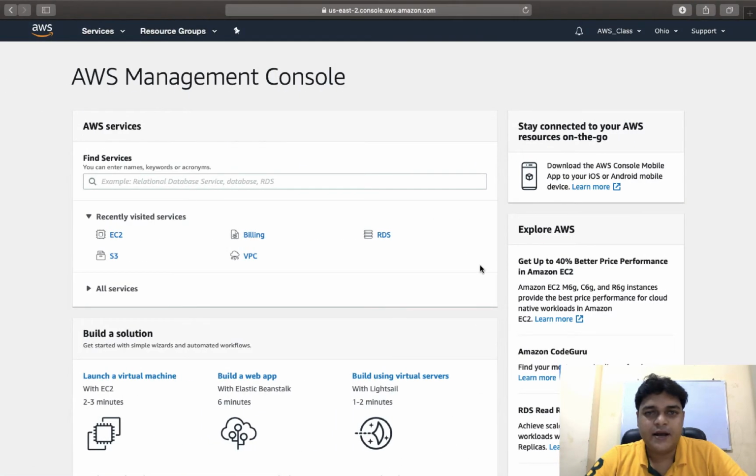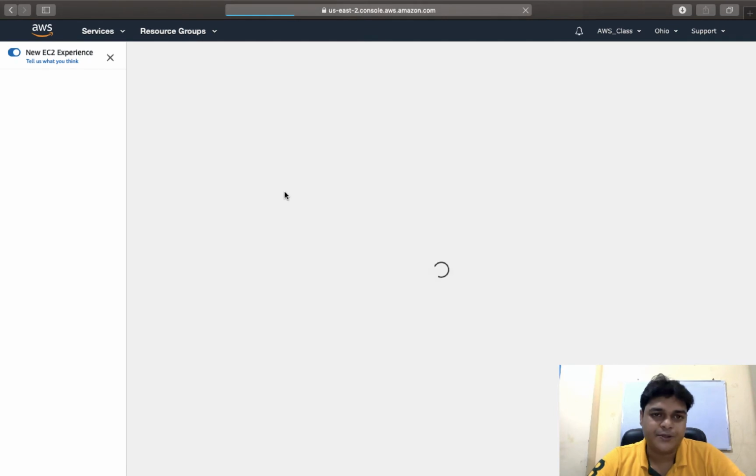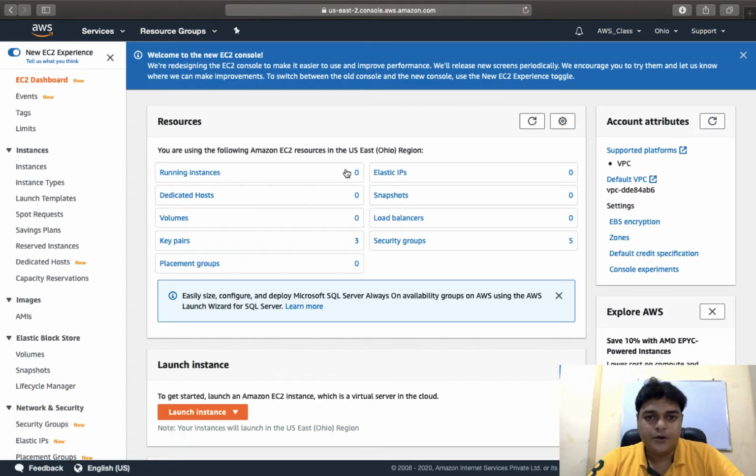So guys, I have already opened my AWS portal. This is my AWS portal, and to set up a WordPress server, you just need to click on the EC2 panel, and in EC2 you need to create a WordPress template-based virtual machine. There are no virtual machines running right now. I'm going to click on launch instance, and